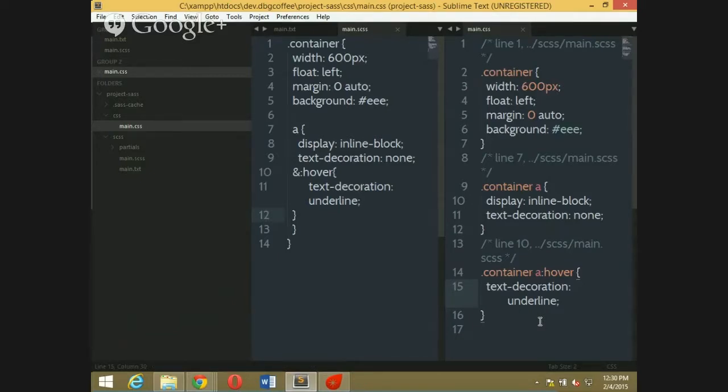For targeting a parent element, you can use something like an ampersand symbol. That's nesting in SASS.